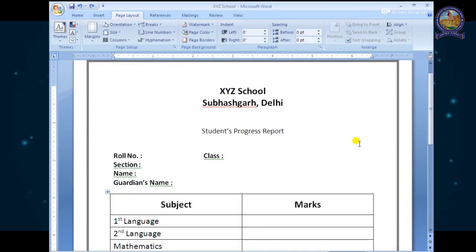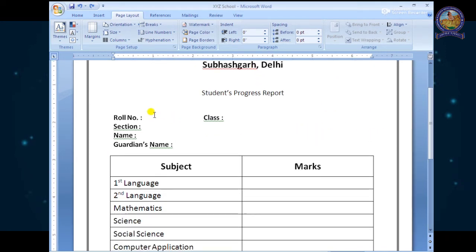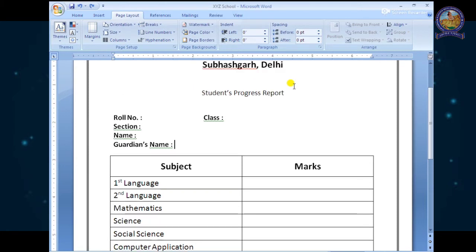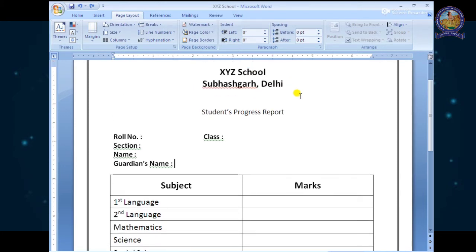So you can see I have prepared a result format. Here the roll number, class, section name and guardian's name are given, and marks of 6 subjects. Few details will be changing for each and every student, like the roll number, the name and the guardian name. These details will be different for different students, but the section name and the class will be the same for all the students.